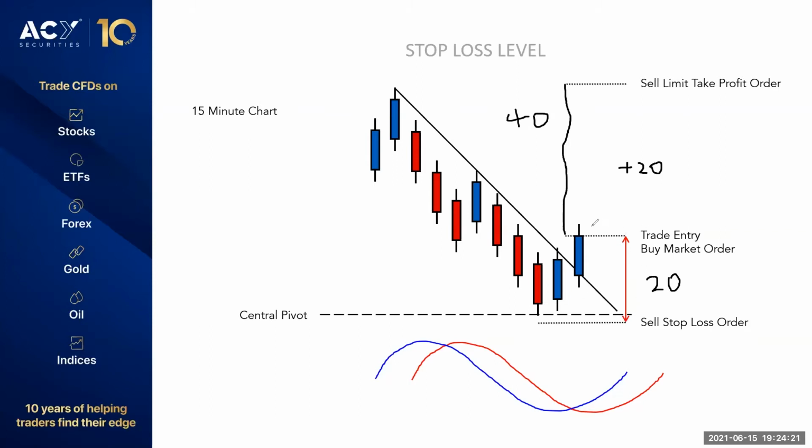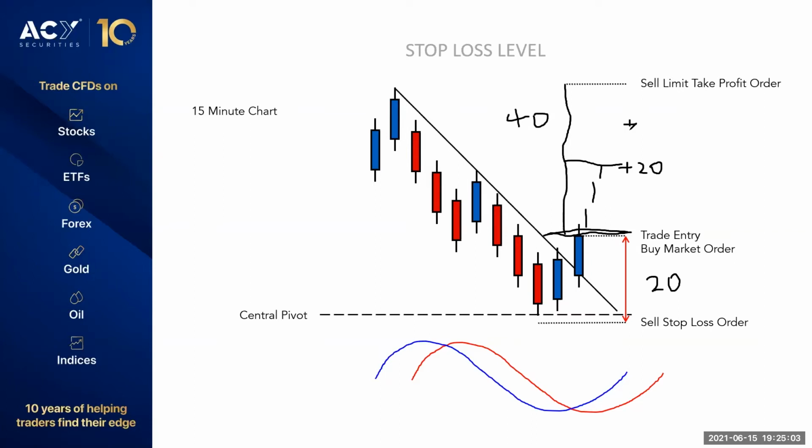So let's assume price is doing its thing. It's coming up, hits this level, 20 pip mark of profit. I will then move my stop loss up to my entry level just here. Okay, not the best drawing, but you get the idea. Then when I'm up, so I've got 20 pips to go from this level to my target. So when I'm up half of this distance to go, so in this case 10 pips, 20 pips to go, so half of that's 10. So when I get up 30